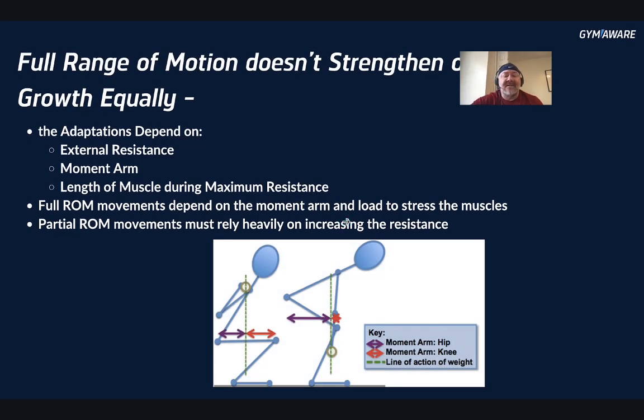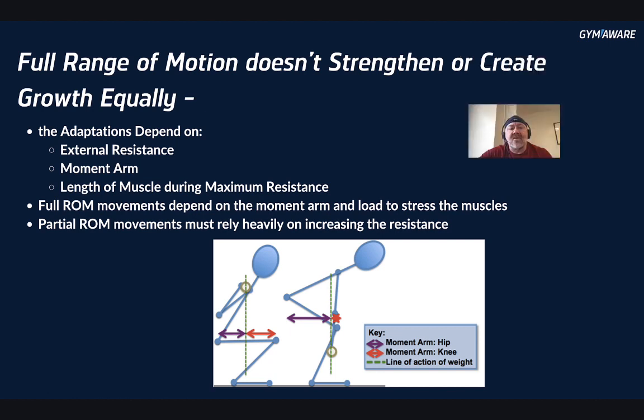Now let's get into the science of all this. So full range of motion doesn't strengthen or create growth equally. The adaptations depend on the external resistance that you're experiencing, the moment arm, and the length of the muscle during maximum resistance. So if you look down here in the little diagram, in the one where it's obviously a squat,